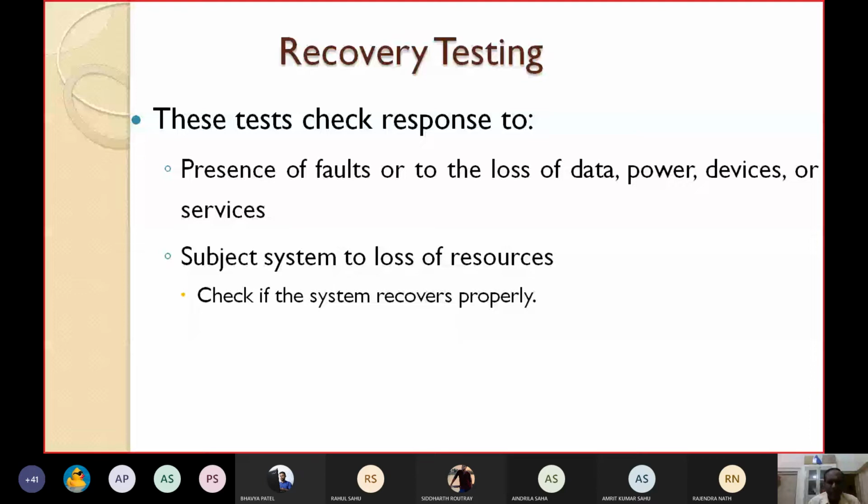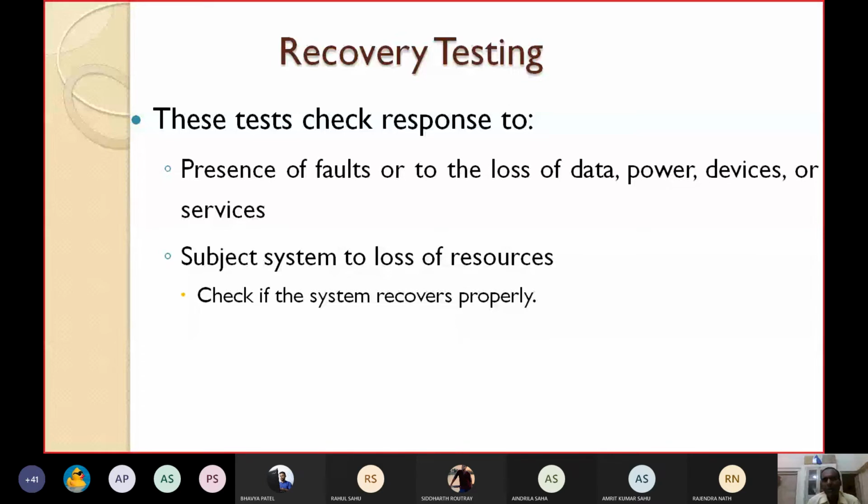Deliberately switch off the power. And deliberately take one component out of the device, and see how it is working. A better example is Microsoft Word, which you are all using. When you are typing something, the system automatically auto saves, so that if in between the power goes, periodically it auto saves.